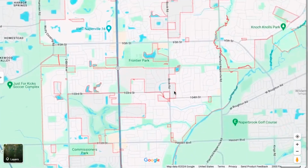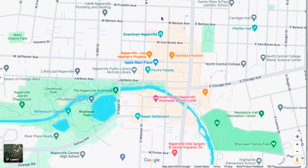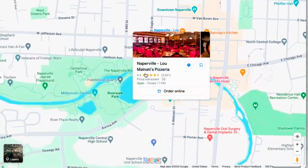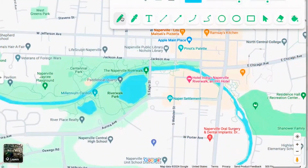Now, if we go ahead and keep zooming out here, all right, so this is where the downtown area is going to be. Now, this is where the majority of the foot traffic is going to be located in the downtown area of Naperville. Okay, so I want to point out some things. Here is the DuPage River. All right, so this is going to be the DuPage River, which is where the River Walk is going to be located. So it's about a